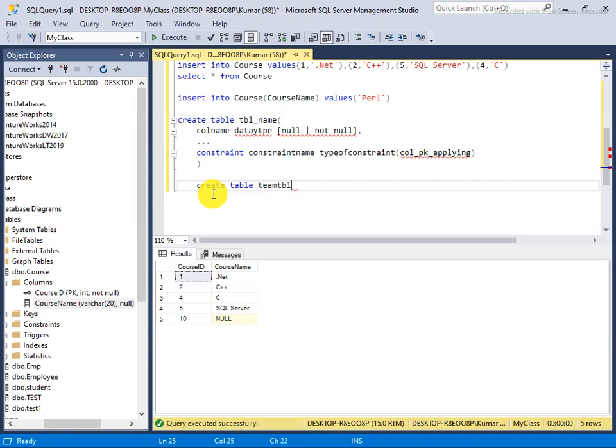In the team table, I am restricting duplicate name entries on the basis of first name and last name. See the example.